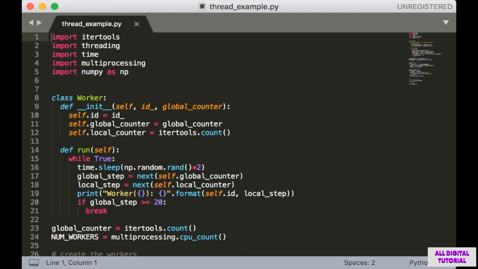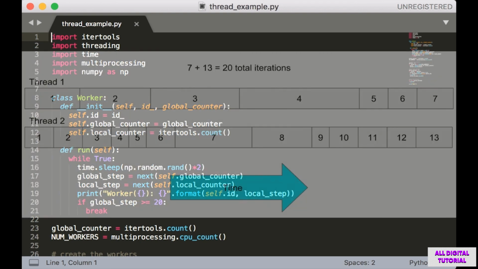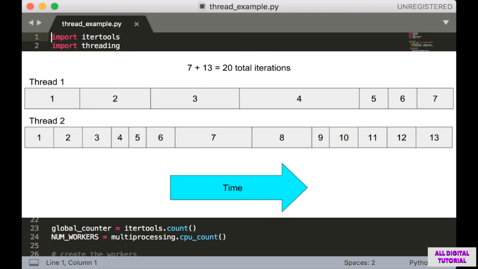The trick is, each worker is going to take a different amount of time between each iteration of the loop. So what that means is, if say I have two workers and they're jointly counting up to 20, then one of the workers might have been responsible for incrementing the counter 13 times, whereas the other worker might have been responsible for incrementing the counter only 7 times, but the total is 20.